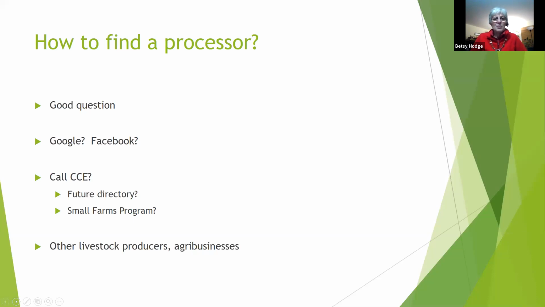At the moment, your best bet might be to ask other livestock producers, agribusinesses, that sort of thing, and see if you can find somebody. And I know Jean O'Toole, she added to the chat that Cornell has a list too of all different types. Well, I think that's the one at Small Farms. That's the one that we're updating right now, but at least that's one that they can go and base off of. Yep. But just be aware some of them are out of business.